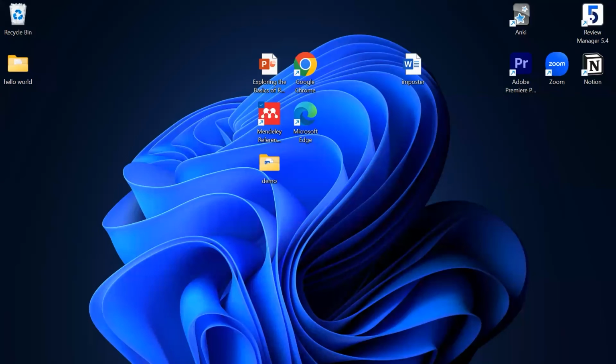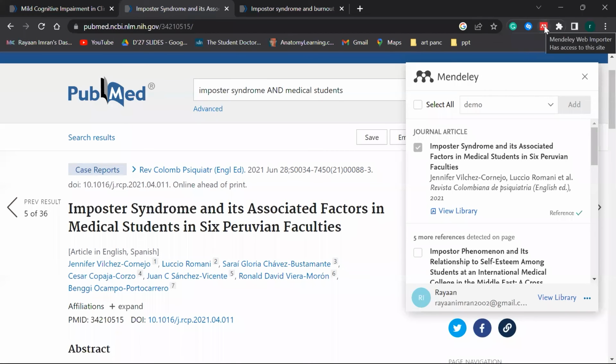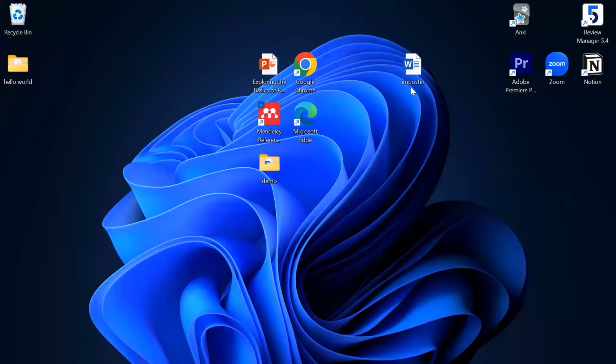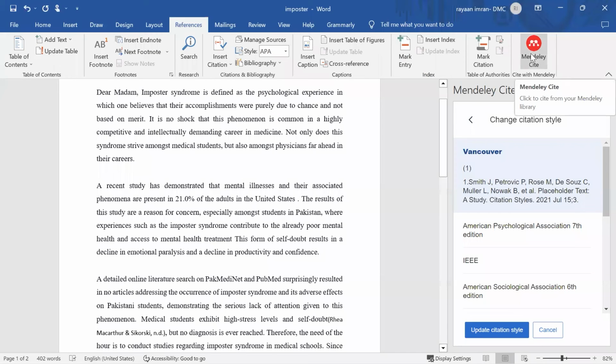Let me just open it again. So this Mendeley Web Importer Extension, okay, you can get it from here. Then you get the Microsoft Office extension called Mendeley Cite. Google पे जाके type करेंगे, everything will be there. So you don't need to worry about that. Google या YouTube सब देख लें कैसे download करना है. But you can actually find how to do citation wala on YouTube as well.